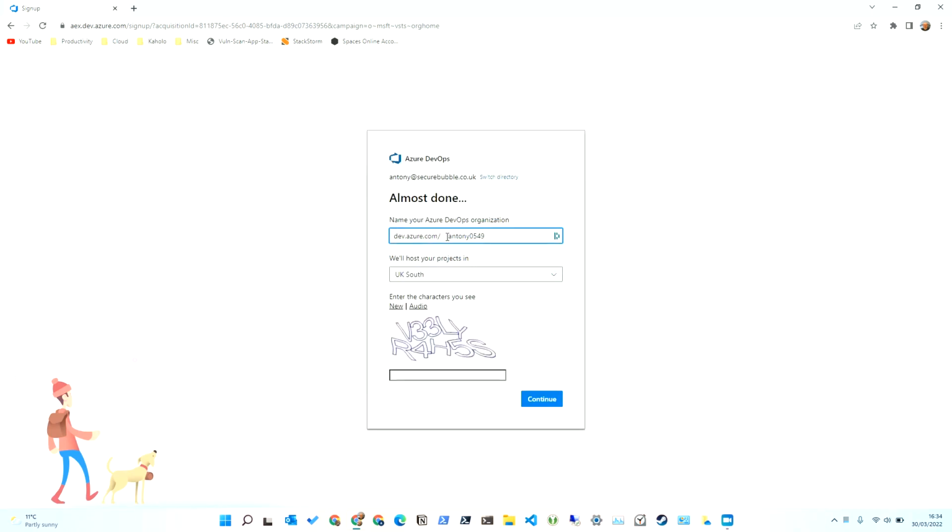I need to give that a name. It's obviously got to be a unique name, so if you've got a business, I recommend using that. I'm just going to call this Secure Global Playground as our new